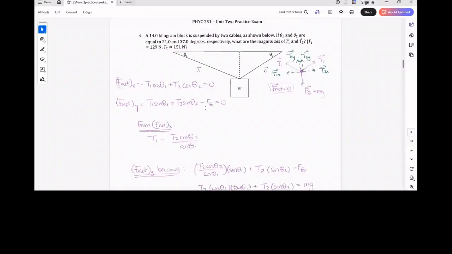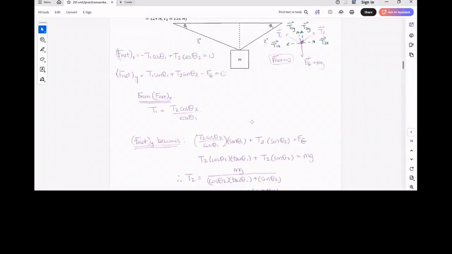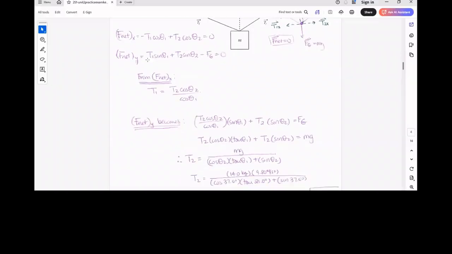And now at this point, we have a system of equations with 2 unknowns, 2 equations. We can solve this a bunch of different ways. What I've chosen to show here is what you get when you solve one equation for T1 and you plug it into the other one. So from our horizontal net force expression, we can see that T1 is going to be T2 cos theta 2 over cos theta 1. So I can plug that in anywhere I have a T1 in my F net y